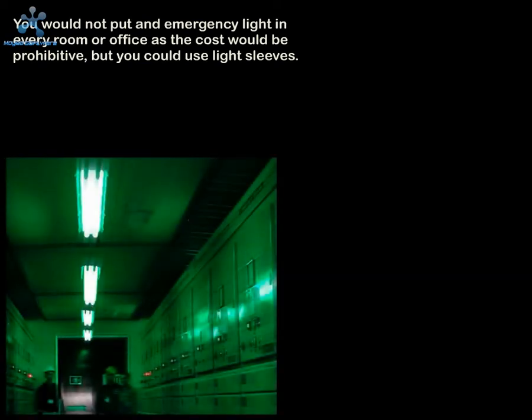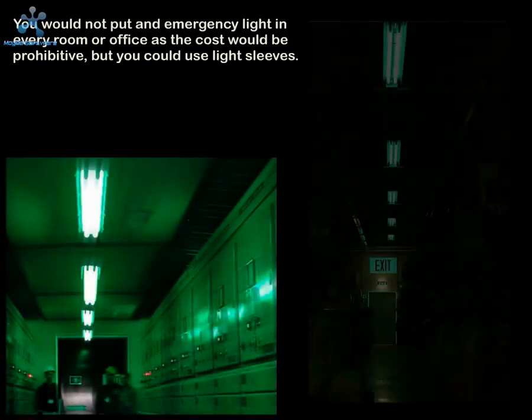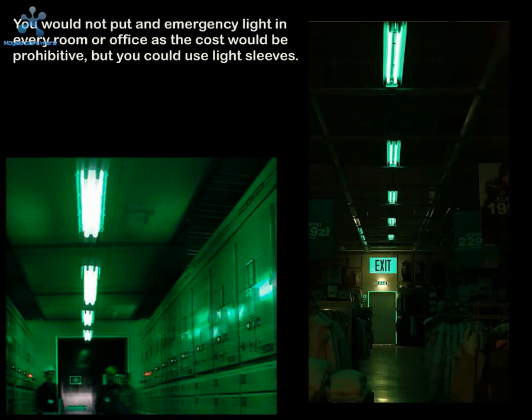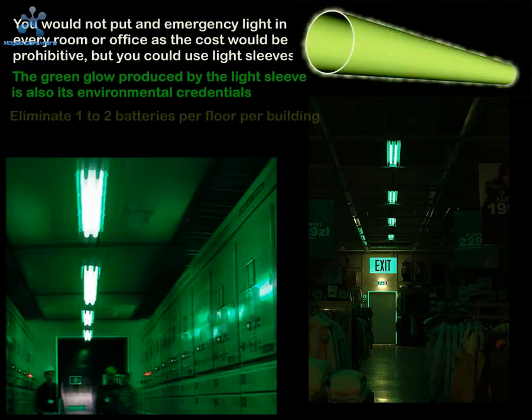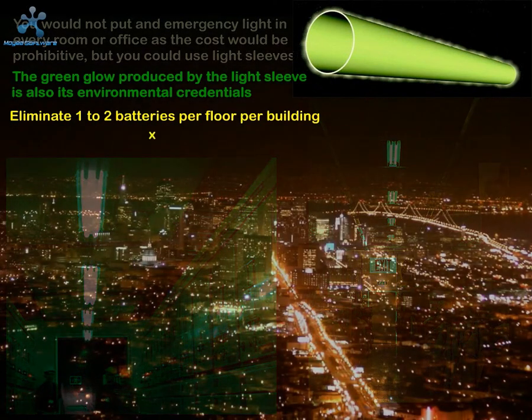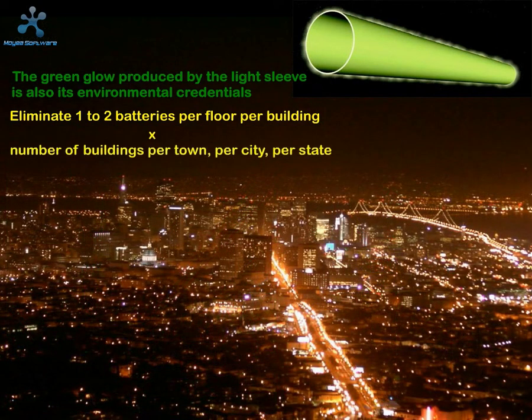You would not put an emergency light in every room or office, as the cost would be prohibitive, but you could use light sleeves. The sleeves make it possible to illuminate the complete exit route, providing for the safe, orderly and speedy evacuation of buildings in blackout conditions. The green glow produced by the light sleeve is also its environmental credentials, as simply installing a few sleeves could eliminate 1 to 2 batteries per floor per building. Multiply that by the number of buildings per town, per city, per state, and you soon get an environmental benefit